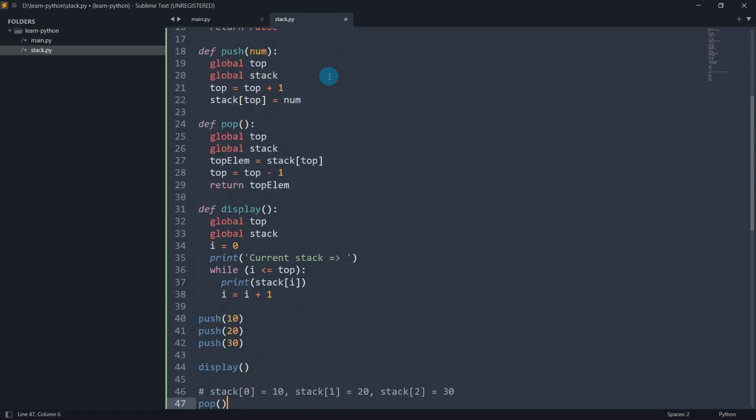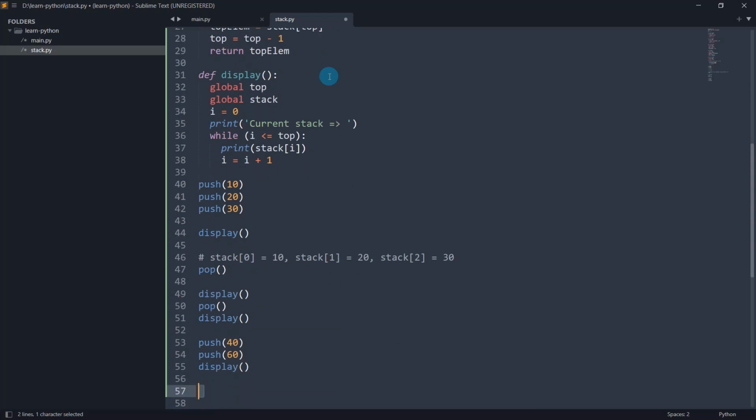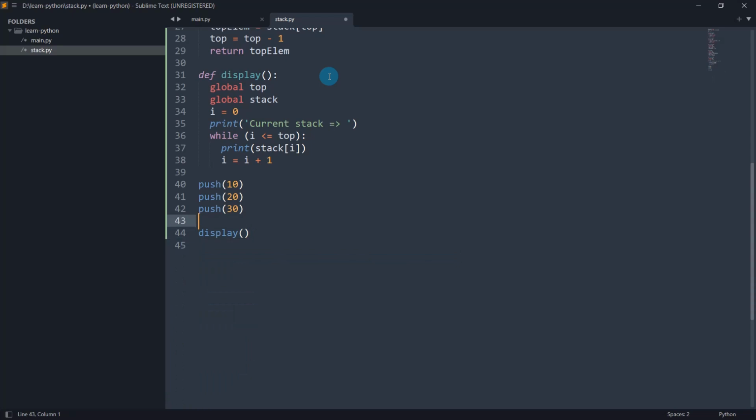Let me remove all this code till here. Let us print only 3 numbers, and I'm trying to print isEmpty. I'm calling this function here. Another one is isFull.